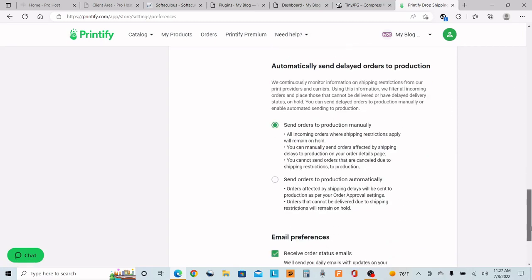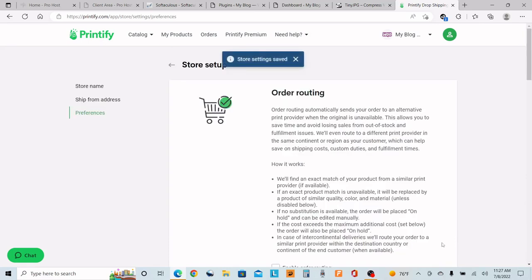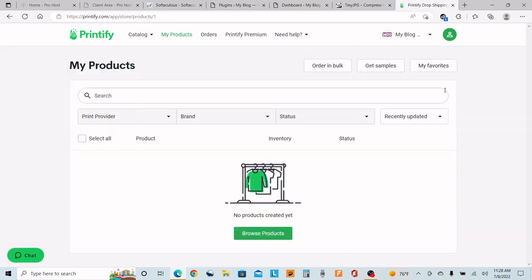And because they will not send an order through to their vendors until it's paid for. And we're going to save that. We're going to go into my products, and we're going to create our first products. I'm just going to create 10 products really quickly. I'm going to do one to show you how I do it, and then I'll create some more off camera,